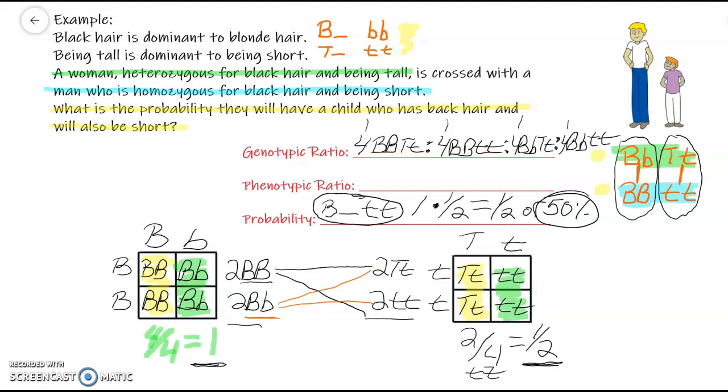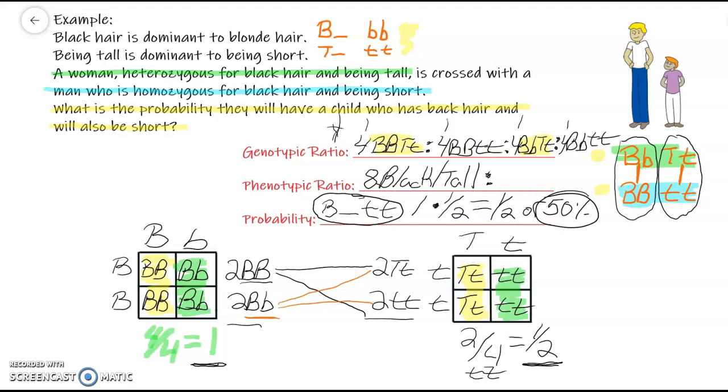Now for phenotypic ratio, all right, if I look at all these options here on this line for genotypes, I'm going to have, let's see here, a total of this genotype gives me black and tall, as well as this. So if I look at my numbers, I'm going to have a total of 8 individuals who would be black and tall,